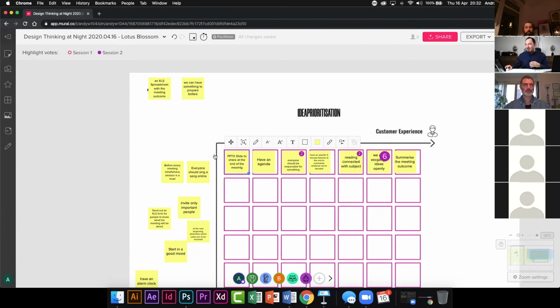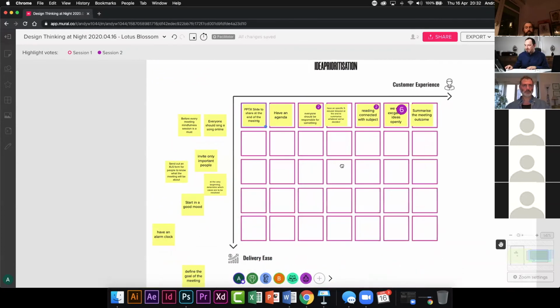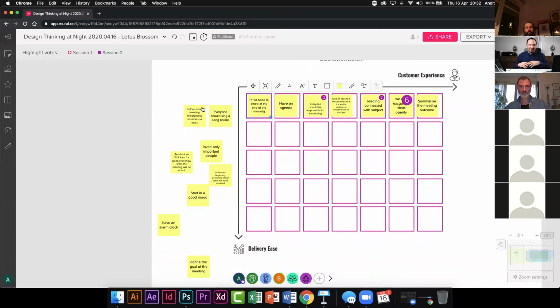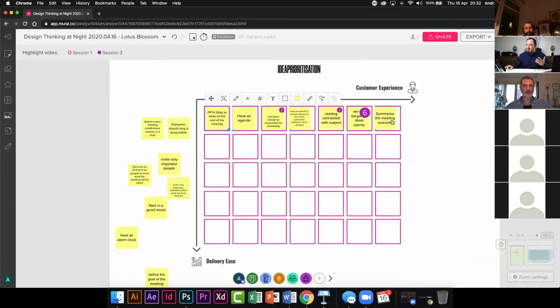And then once we're done with all of the ideas, we've got like 7 of them here, and the rest obviously needs to be put on the canvas itself. But once we're done with that, then we start moving those ideas down. The further down we are, the easier the idea is to implement. So we go with each one of those ideas, and we're again taking each one of those, and we're thinking,